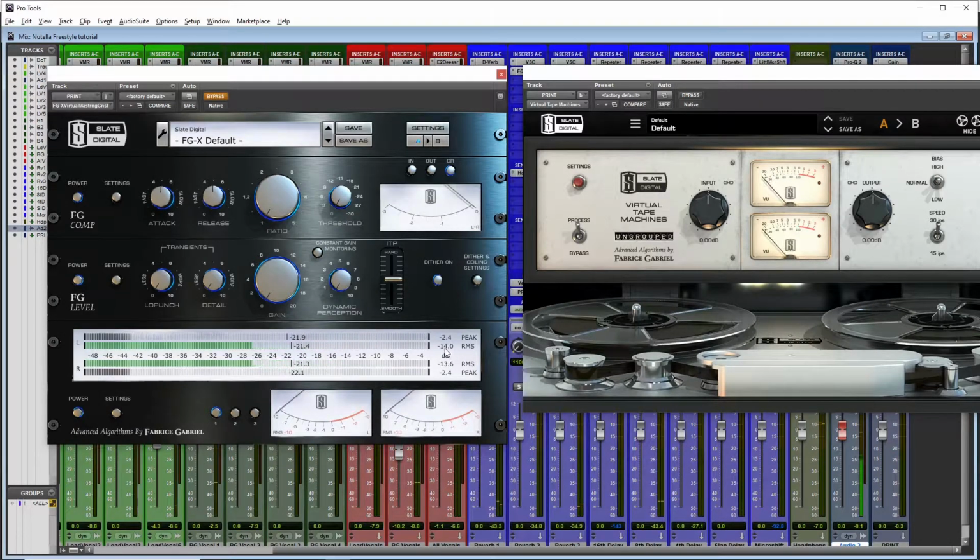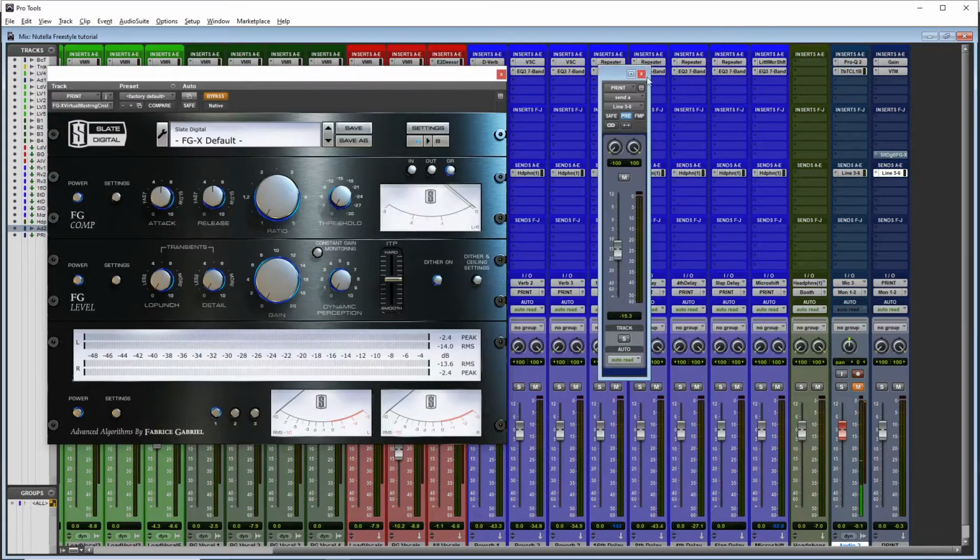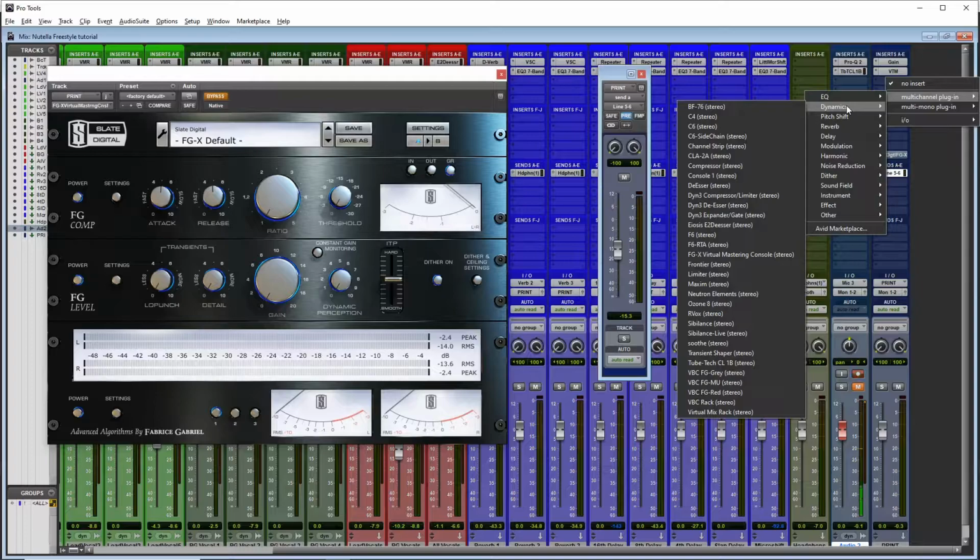So instantly you saw it go up by like a decibel just by having this on there, which is cool. So, virtual tape machine. Then we're gonna get a...